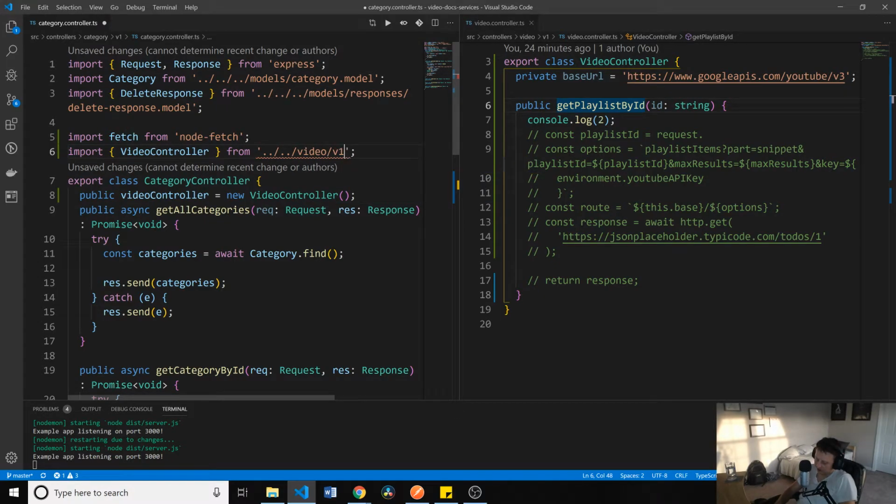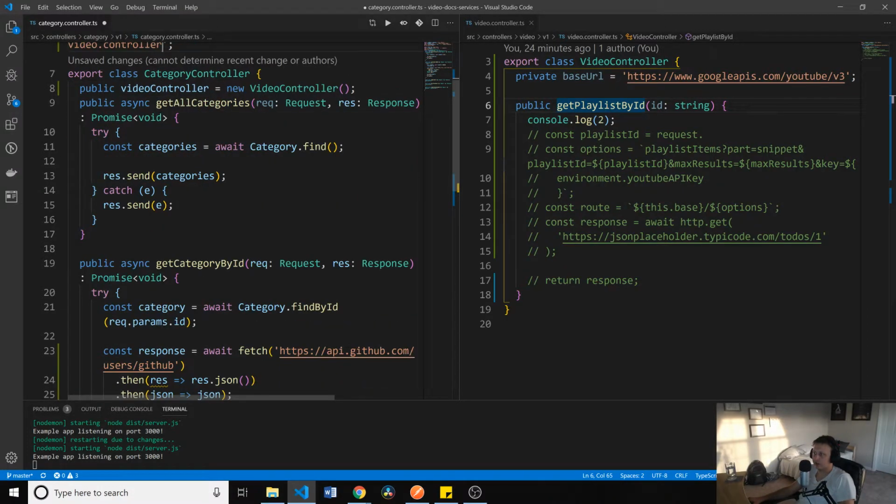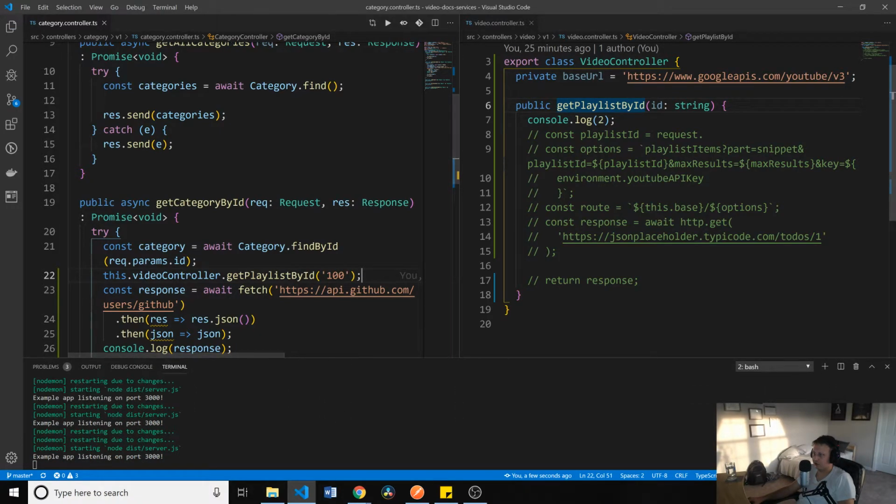I like the new folder icon though. I'll give them that. It's clean. Video controller, and then we'll say this.videoController.getPlaylistById, pass in some 100. This isn't asynchronous, so what should happen is it should go ahead and print 2 out. It should go 2, then the response, then